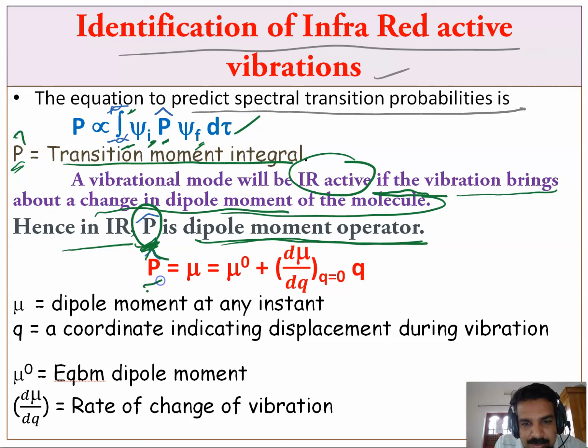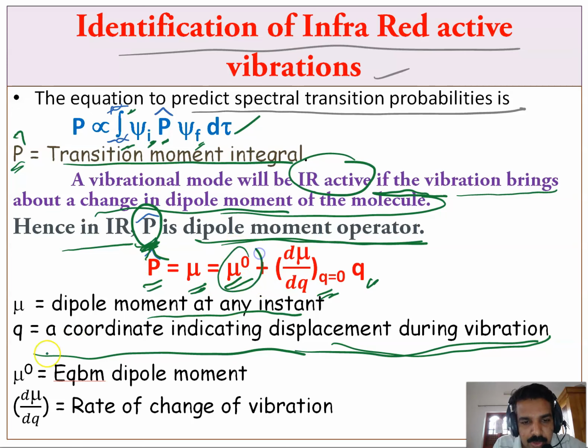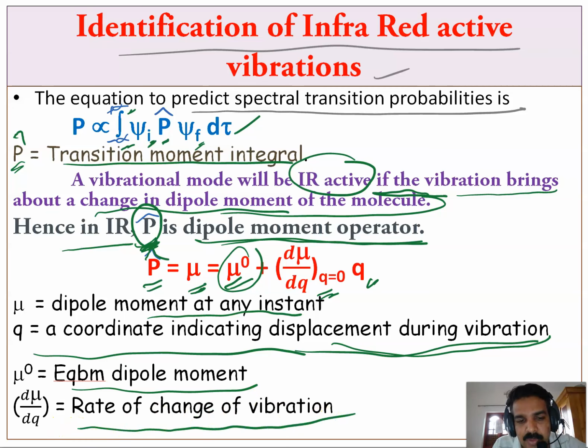And we can write it as mu equal to mu 0 plus d mu by dq at q equal to 0 times q, where mu is the dipole moment at any instant, and q is a coordinate that indicates displacement during vibration, and mu 0 is the equilibrium dipole moment, and d mu by dq is the rate of change of the dipole moment with vibration,